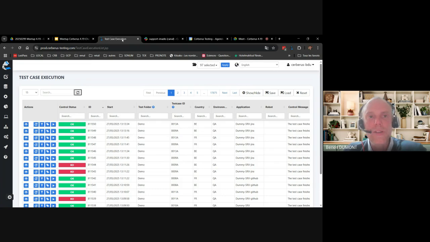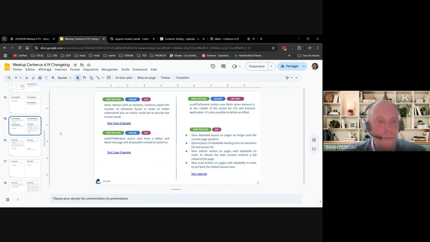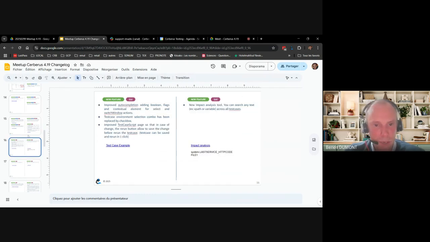It's not put directly inside the changelog, but we also optimized a bit the number of reloads on the data table. Some pages could become a bit long because there were unnecessary calls being made from the GUI. So that has been fixed to optimize the response time of the GUI.